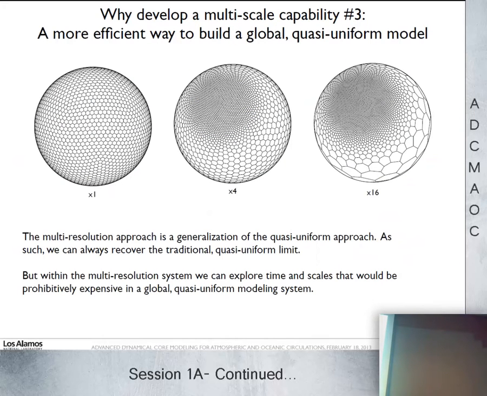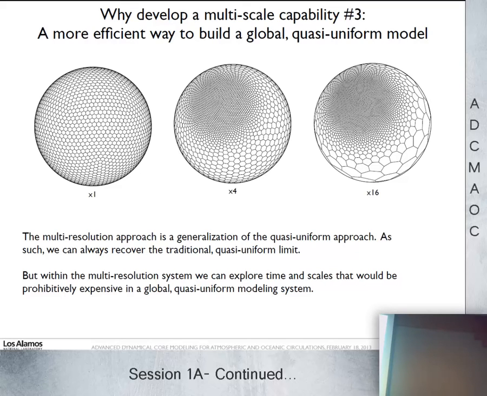And the last one, I think this is a more efficient way to build a global quasi-uniform model. To tie it back to the beginning, Matt Melcher, who's a scientist in our group, has been at the forefront for about 20 years now doing global high-resolution simulations. So he puts high resolution everywhere. And it takes him 5 years